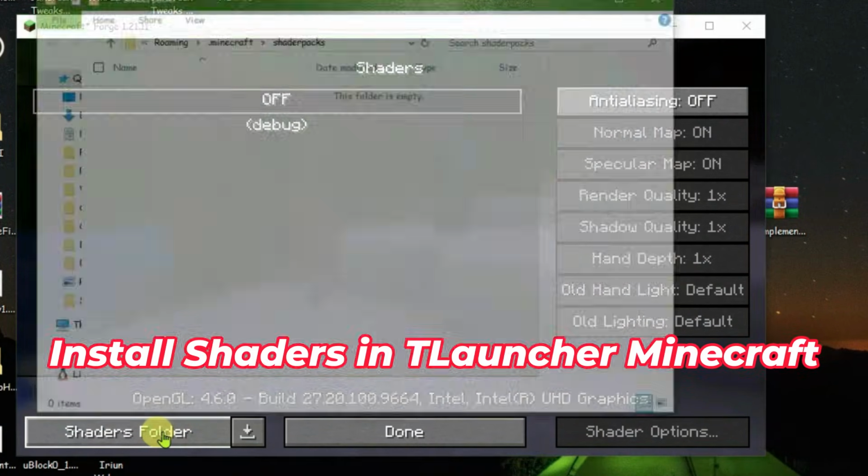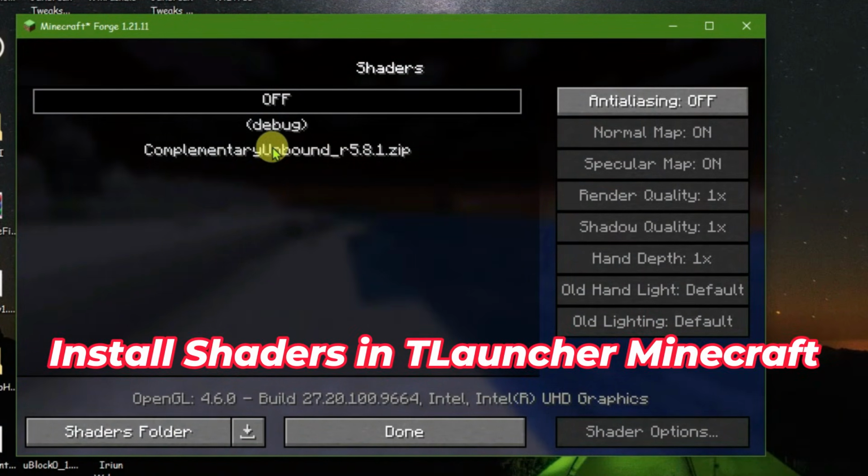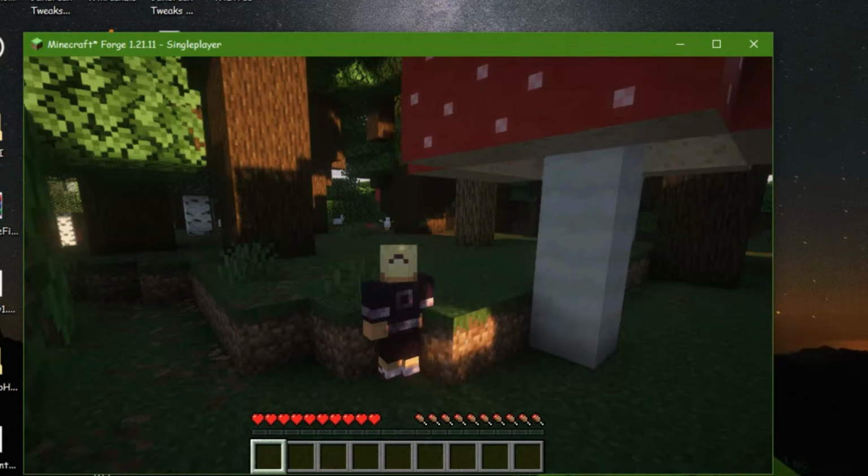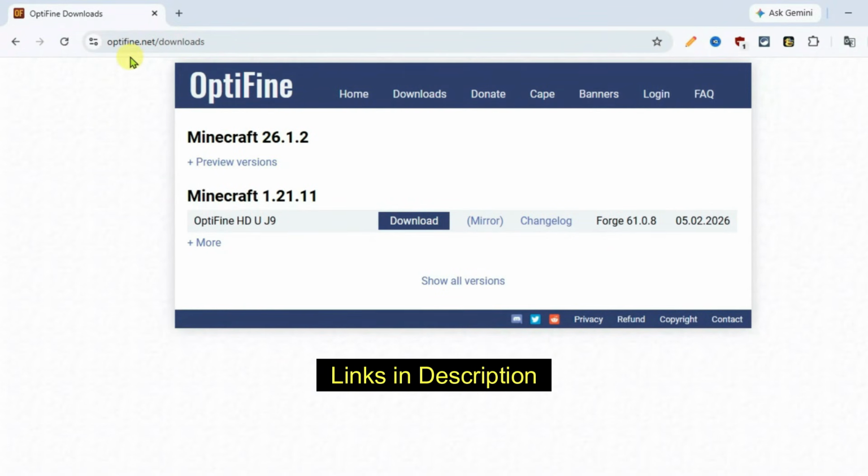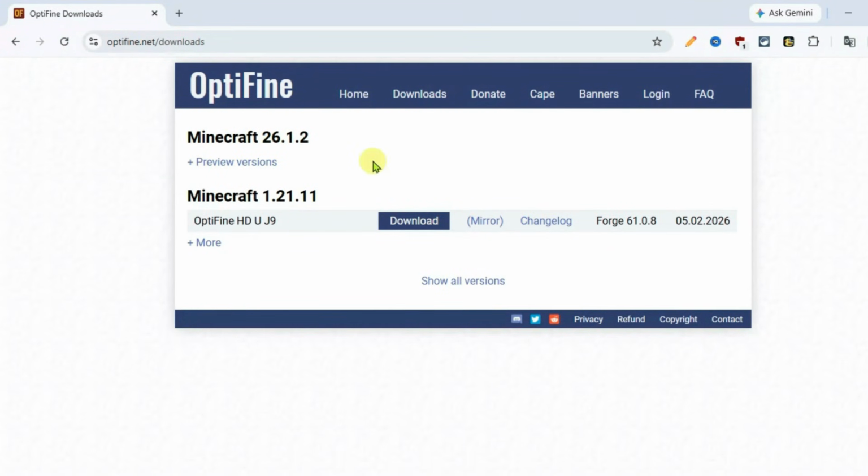Let's learn in this video how we can install the shaders in TLauncher Minecraft. Firstly, to install the shaders in Minecraft TLauncher, we're gonna have to install the Optifine. So let's go to the browser and go to this website here, optifine.net/downloads, and you're gonna find the version